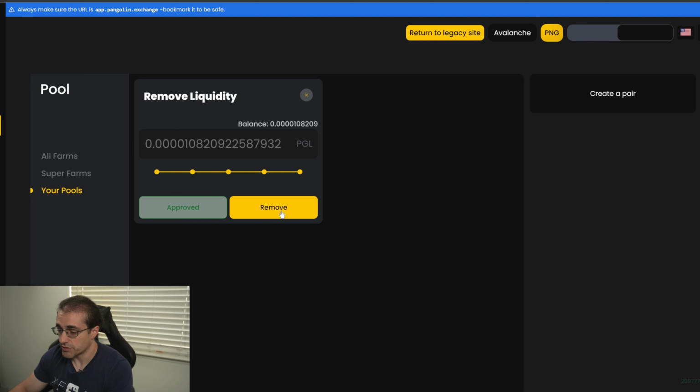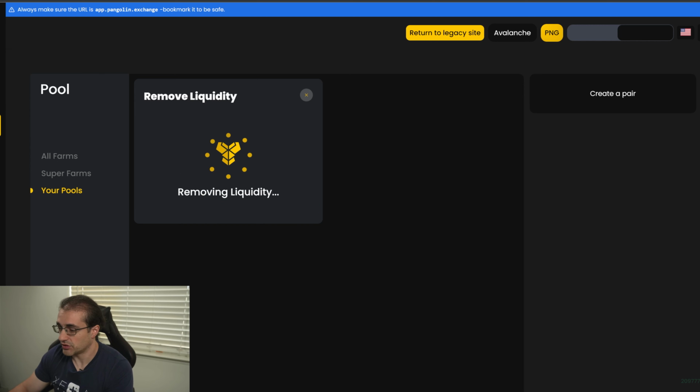So if we click remove, now we're removing the liquidity. We are getting rid of our PGL tokens and we're getting our XETA and our USD coin back again. Let's reconnect my ledger here and approve it. It's a little bit of a process, and they call it a super farm. It's Pangolin's take on liquidity pools. It's a lot of liquidity pools. Remember, a lot of liquidity pools,